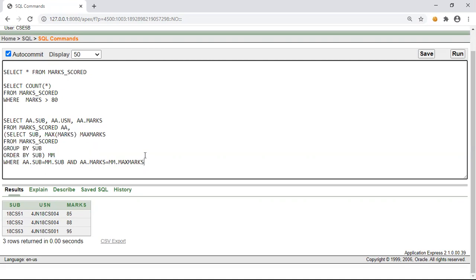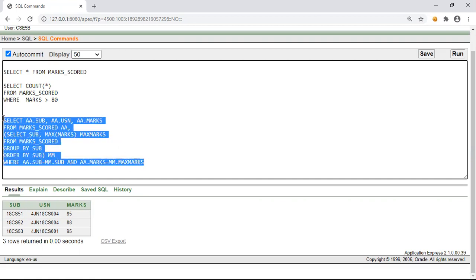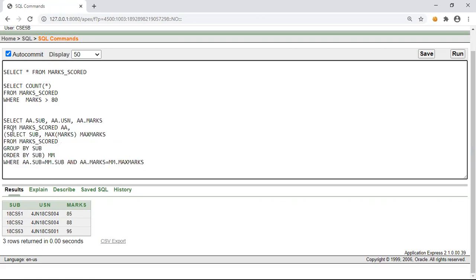So this is how we apply aggregate functions and utilize them in a single query or in a query like this. In our example, we have written a query in the from clause, where this result will act as one more table.